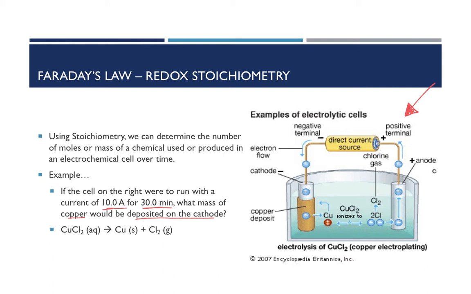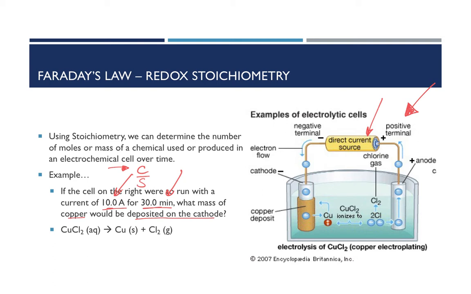Okay, so the first thing we recognize here is they've given us a current, amps, which is an amount of charge per second, and they've given us a time. So from that information, we can figure out how many coulombs of electricity, how much charge, we put into the electroplating. Well, what carries the charge in our reaction equation? Well, it's the electrons. So since this is a redox reaction, we know that electrons get transferred by adding the